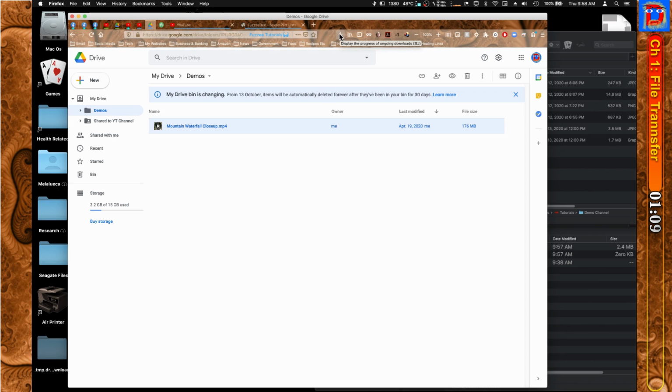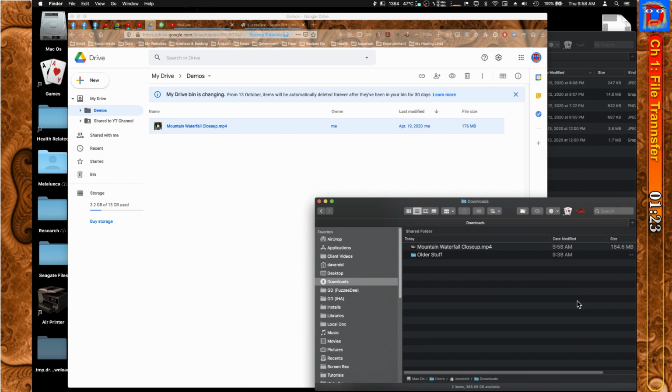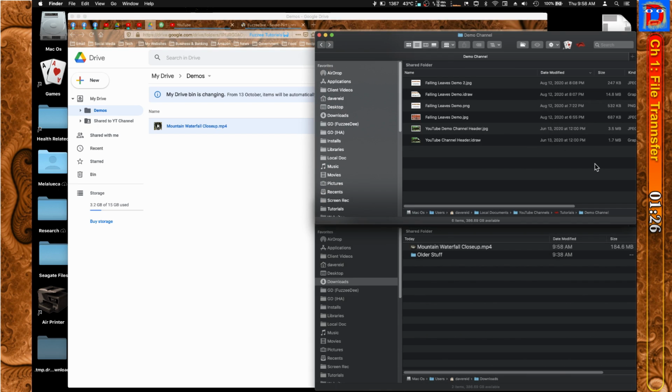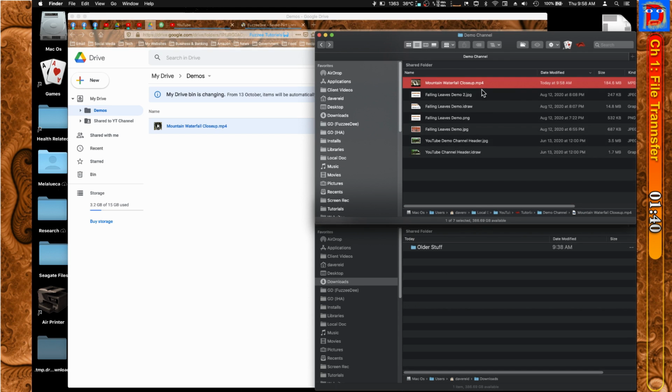Usually you've got a little button up here you can click to check your progress, and it'll tell you when it's downloaded. So it's generally going to download into your downloads folder. Now you could just take it right from here and move it into your Google Drive. In my case, I will move it to another location. So you move it to wherever you're going to be working on it, and then when you're done working on it,